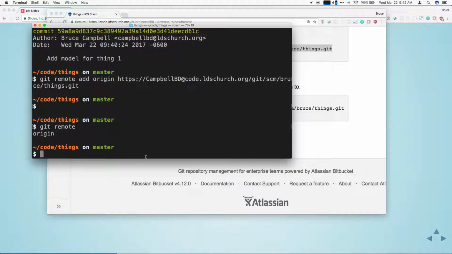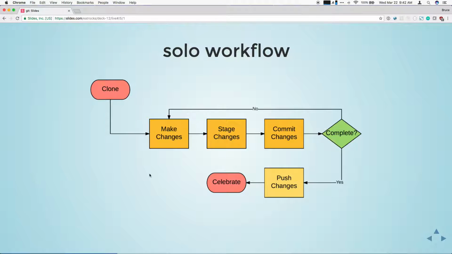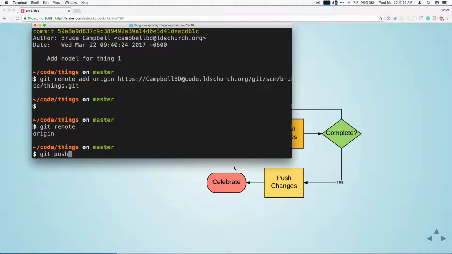All right, so now we want to push our changes up, and that's the git push command. So let's see, where are we on the workflow? So right here, push changes, and we're about to celebrate. Grab a donut, everybody. The first time that we push, we need to tell Git about that relationship. So we're going to use -u